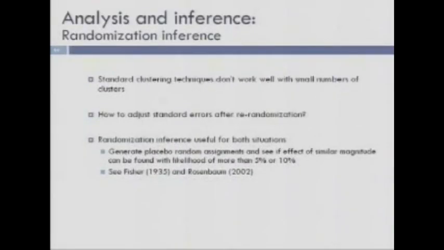Okay, there are many cases where you might have a very small sample. Say you have 6 schools, or 20 schools, or even 50 states. Clustering doesn't work very well with small samples. A lot of the theory on that is asymptotic. How do you do things? Well, you can use something called randomization inference, which is basically you go through and construct all the possible assignments that you could have had of treatment and comparison. And that gives you exact standard errors.